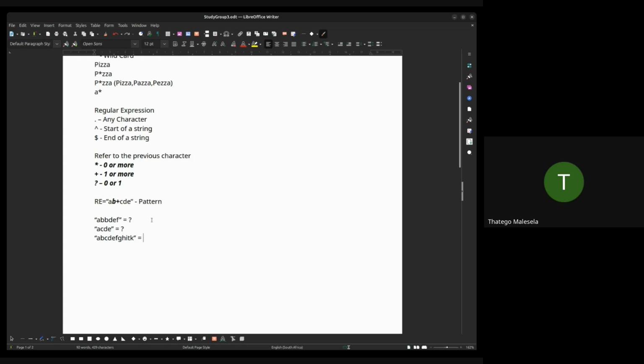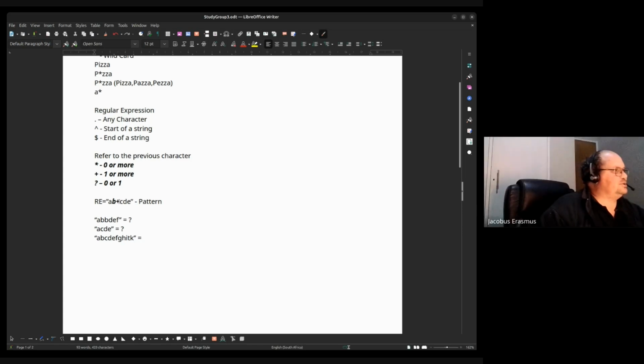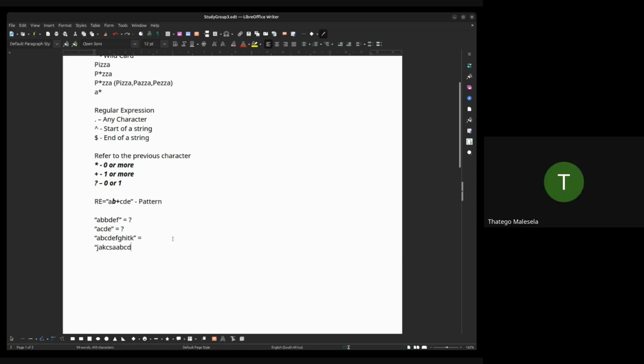It matches, because it only looks at the first characters. It ignores the end, and so that one matches. So if this happens, so if I do this, A, B, C, D,